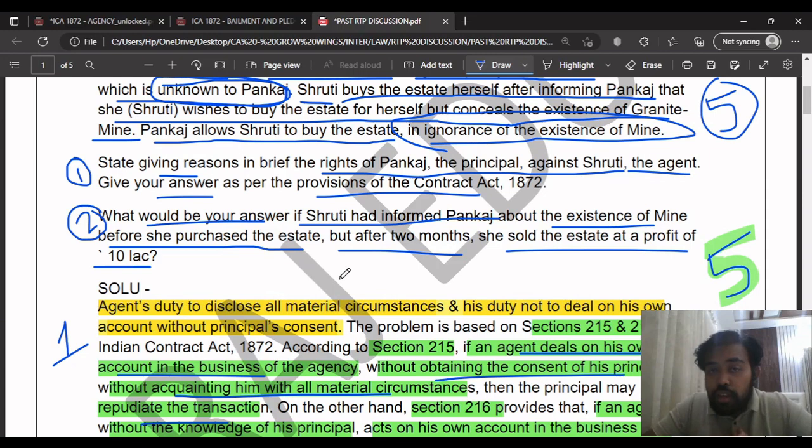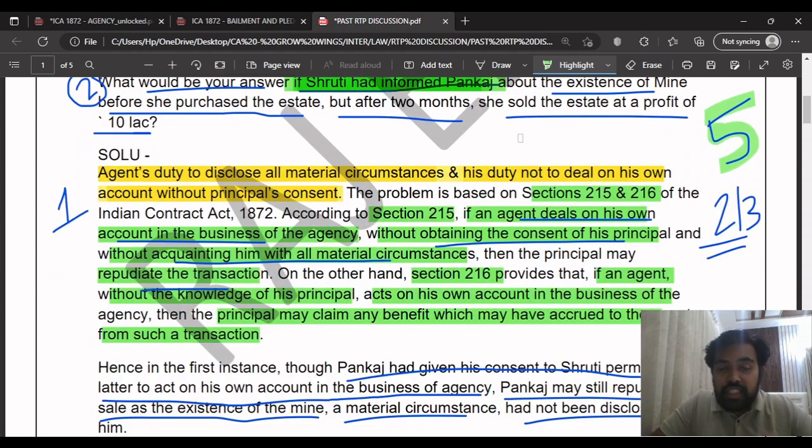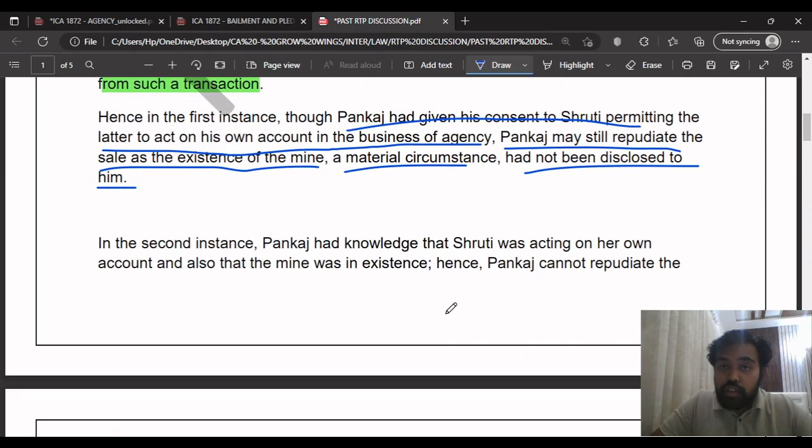But the important keyword here is that she informed the principal about the existence of the mine. She did not go beyond the authority. She did not conceal a material information from the principal. She did not take advantage of the particular circumstances. So she informed the principal. So since she informed the principal, in this case, part two,